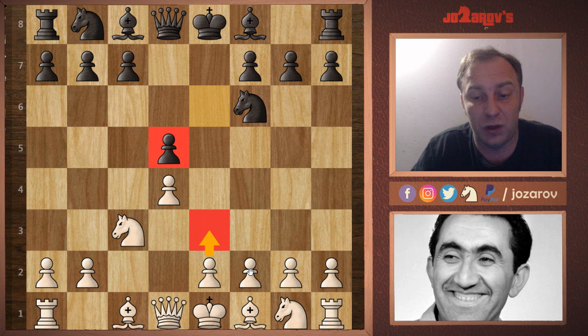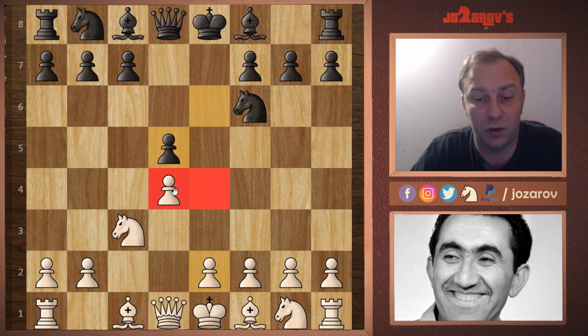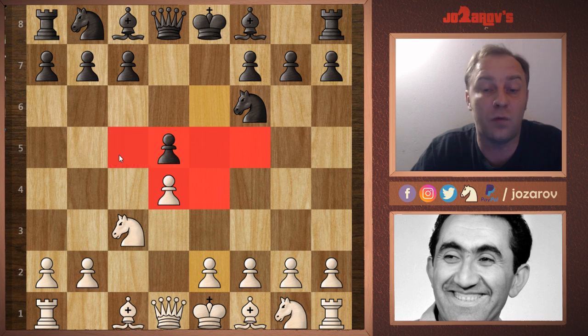So if we could prepare maybe something like f3 and then e4, then we would have two connected pawns in the center, which could really be powerful. If we could somehow have a d4 pawn and an e4 pawn, then we would have a perfect restriction of our opponent's minor pieces. We would restrict all of these squares for our opponent's minor pieces, and that's a huge thing,